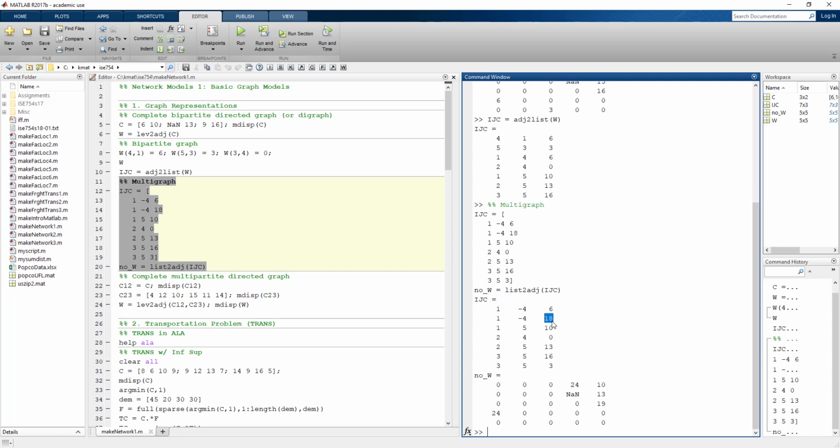So there are contexts where a multigraph is something we do want to represent. The important thing to remember is that when we do that, we need to just use the arc list representation, and we cannot represent it using the adjacency matrix. So that's one of the reasons why it's convenient to have multiple different types of graph representations, because depending on